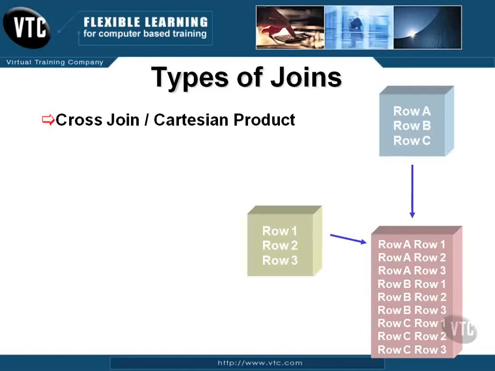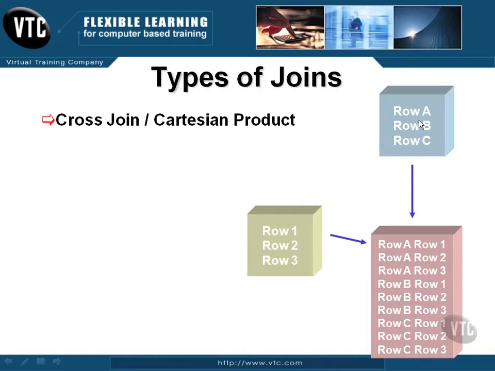The first one is called a cross join. Mathematically, a cross join is also a Cartesian product. What that means is that you take all the information from both sets of information, two tables, two data sources, and you join everything to everything else. So as you can see here,